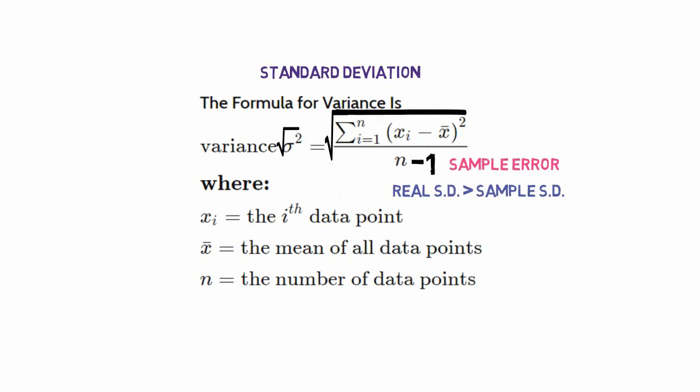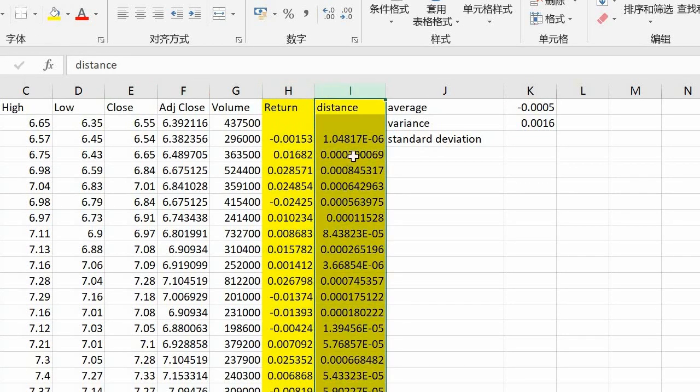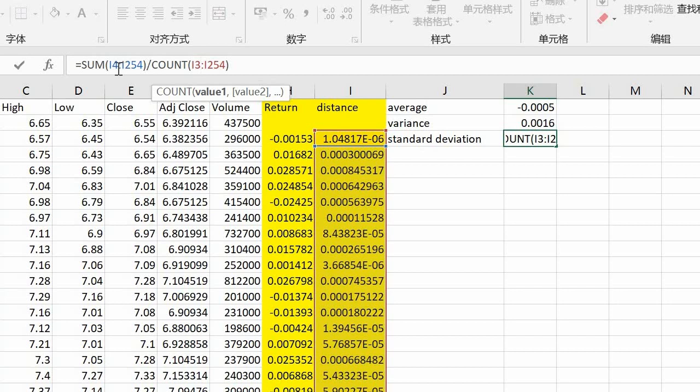Now let's look at the Excel and the numbers. So we open up the Excel file we did last time, where we calculated the return, the distance, and then the variance. So for the standard deviation, I copy down the standard deviation, making sure that all the cells are starting correctly,